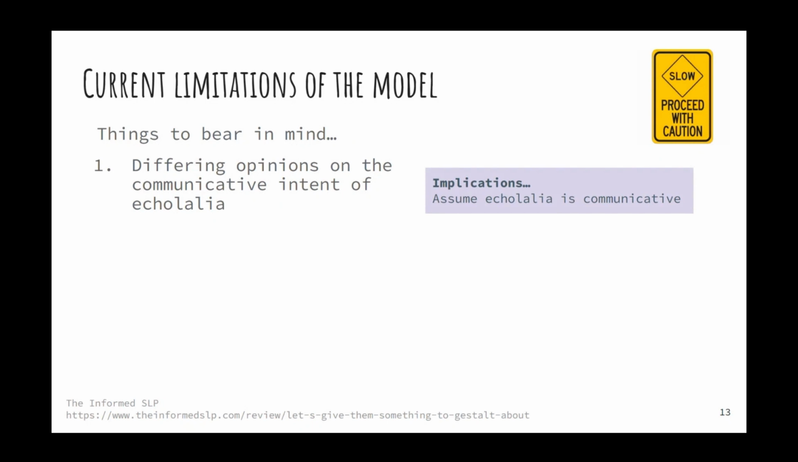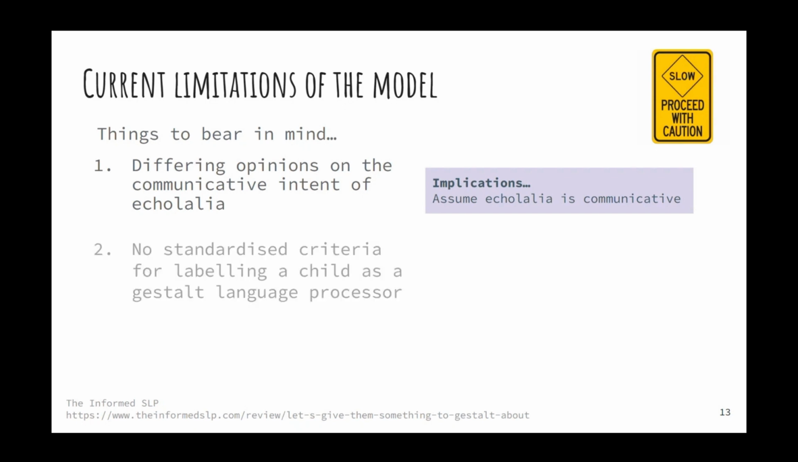The next thing is, how do you actually know if a child is a Gestalt language processor? NLA practitioners suggest that this applies to many autistic children, but critics say that there is no official data. So some people, as Rita was saying before, say that it's a continuum and that many people do a bit of both. The example that was given in the Informed SLP article is that maybe you've